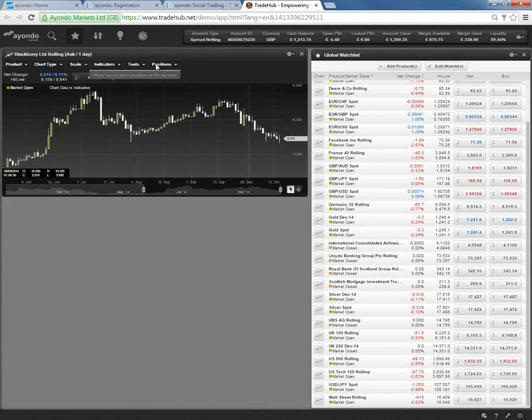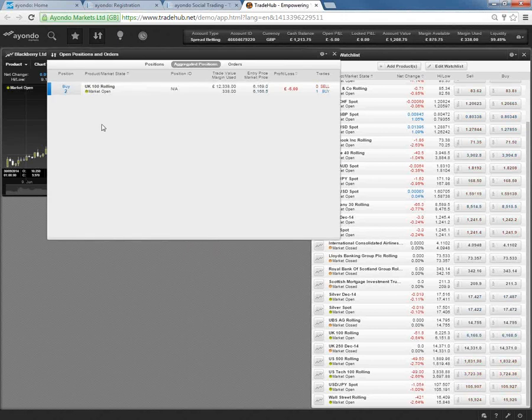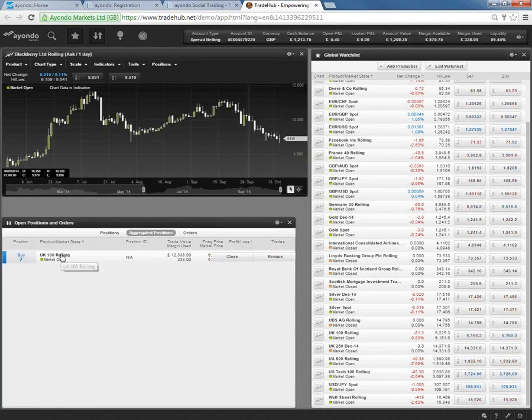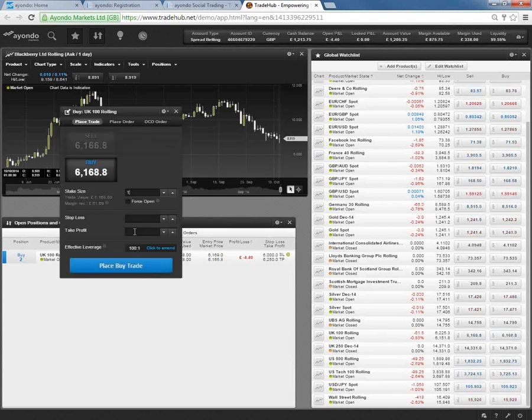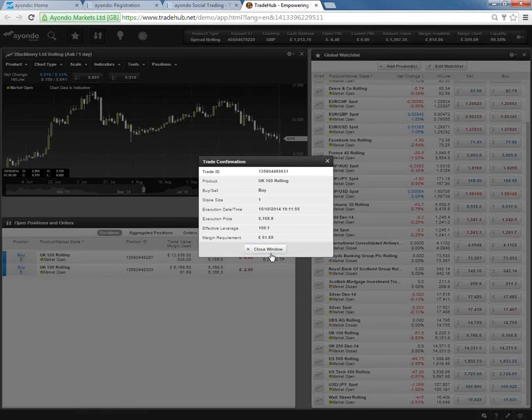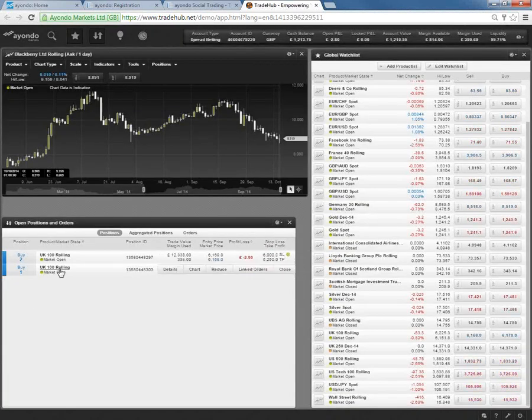So once we've got a trade running, if we go to the up and down arrow here, we display our open positions and orders, and we'll see here we've got the trade running that we just placed. Up at the top here on open positions and orders, we've got individual positions. So if, say, for example, I had 2 trades, so let me just put another one on. So you've got the 2 buy trades that I've just done. Aggregated positions would show the aggregate of them, so buy 3. And orders would be any orders that I've got that haven't been filled. So if we go back to positions,